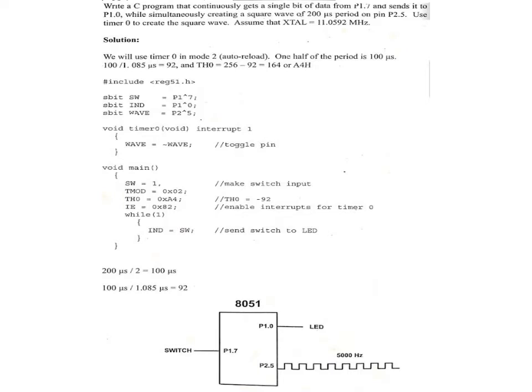So here you can see continuously the bit from port 1 pin 7 is sent to port 1 pin 0, and for every 100 microseconds the microcontroller will be interrupted. When the microcontroller is interrupted, you will be sending the complement of the signal. That means previously if 1 is sent, now 0 is sent. Previously if 0 was sent, now 1 will be sent. This is how using the concept of interrupts, two tasks are being performed simultaneously.